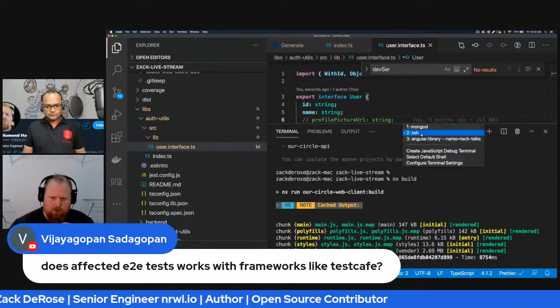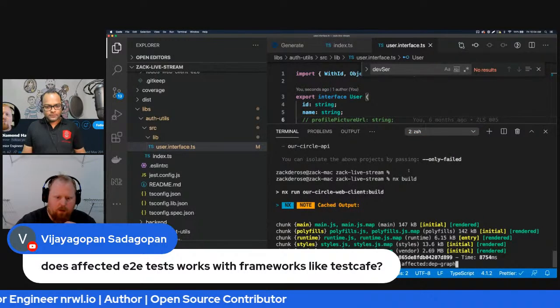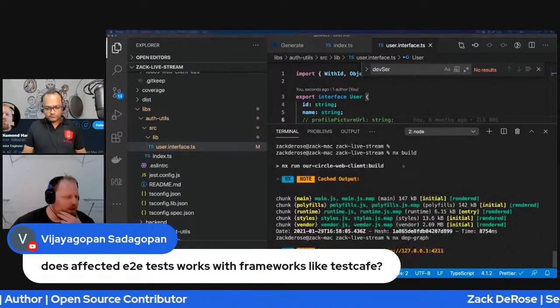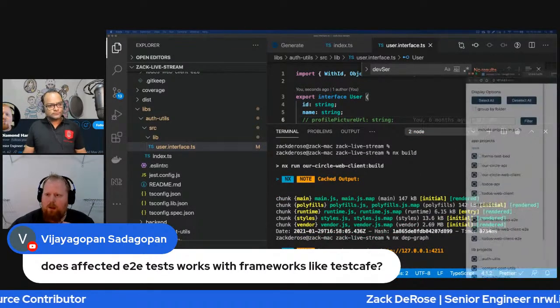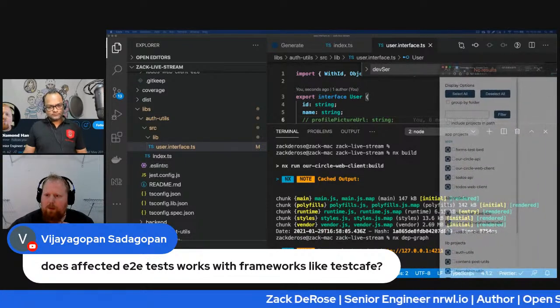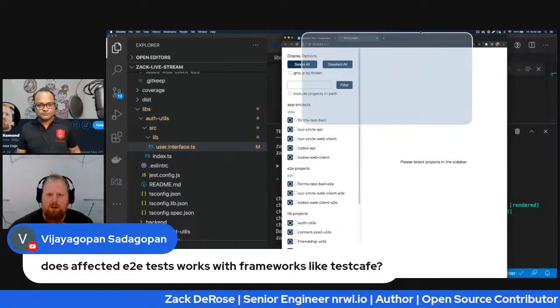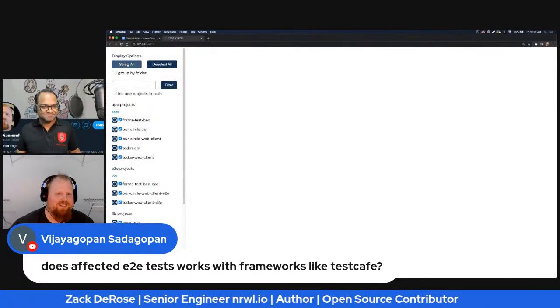I think I may have killed our depth graph. Let me just run it again. See if there it is. Let's go run it again. And whoops, I'm about to show everyone the tab with my notes. That's okay. You'll get to see that, right?